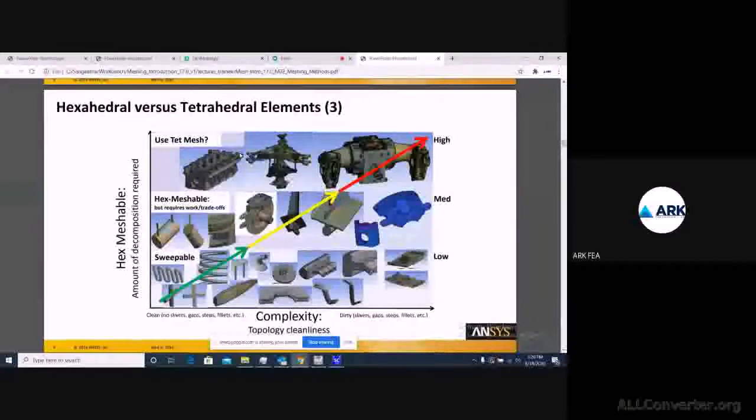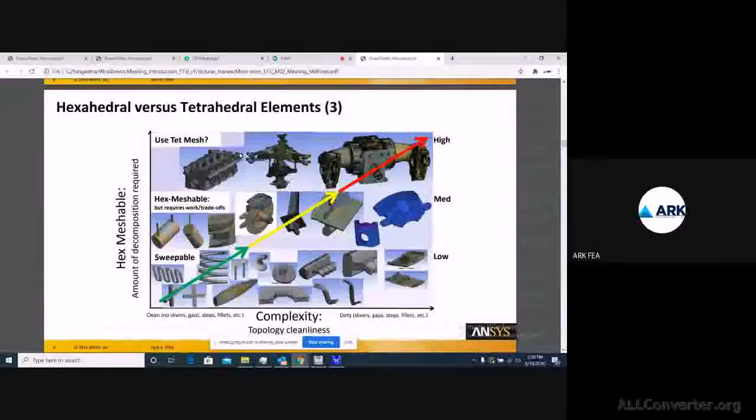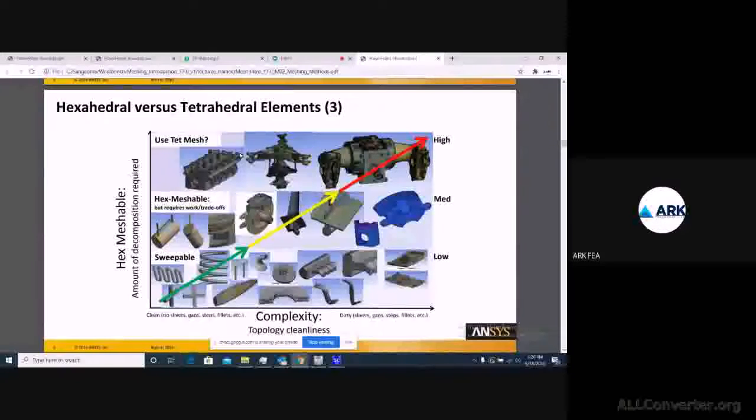When we know that there is a uniform cross section, we can split it and have a sweep mesh in that region. Since most of the elements in a sweep mesh are going to be hex, your element count is not going to be much compared to the tet one, right? So you are able to reduce your element count and equations, so you can get the fastest result.